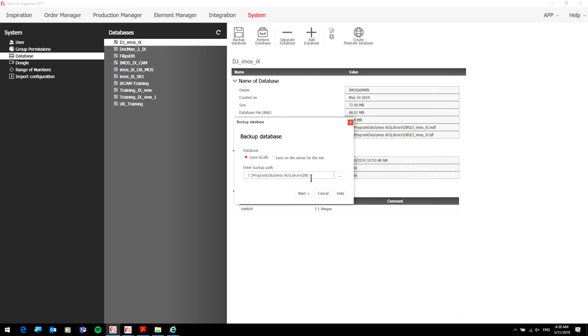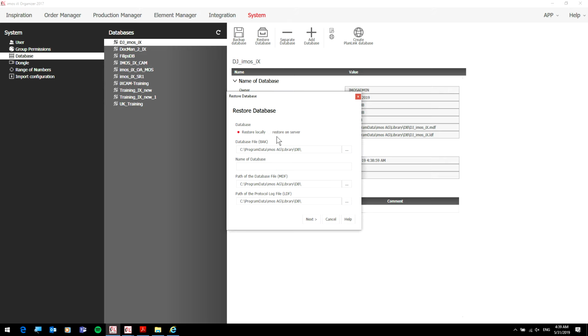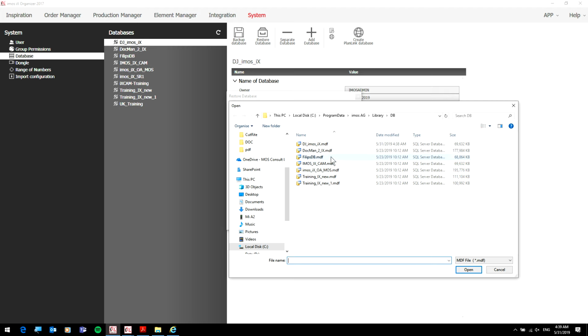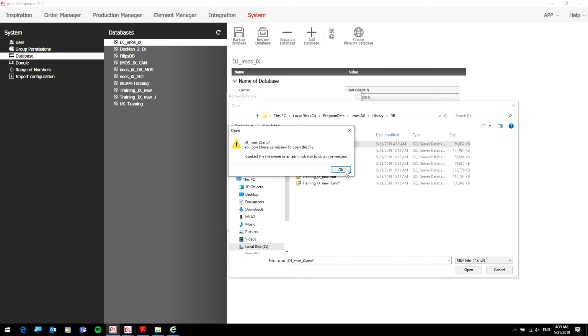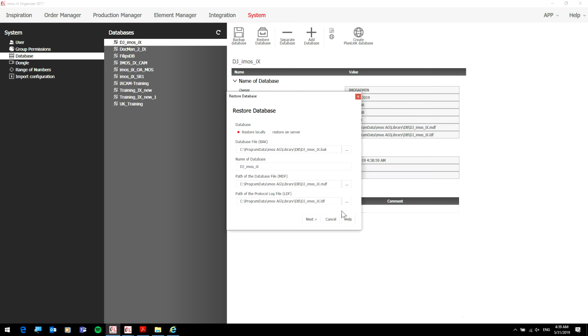You pick where you place it. You say okay, next. If you want to restore it, you pick the same place and you name the database. So let's say this one, okay. Yeah, because I do have it here. Okay, and then I say